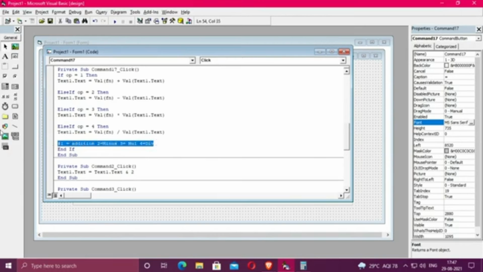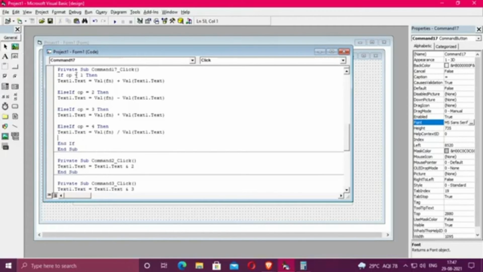Now just understand this concept. Next I will teach you what is the value of fn, what is the meaning of value of fn. Now here you will see text1.text. If the user gives two numbers, any number, we have to perform addition: value of fn plus value of text1.text.